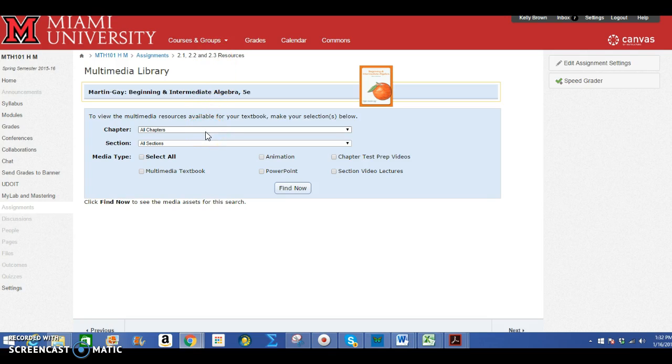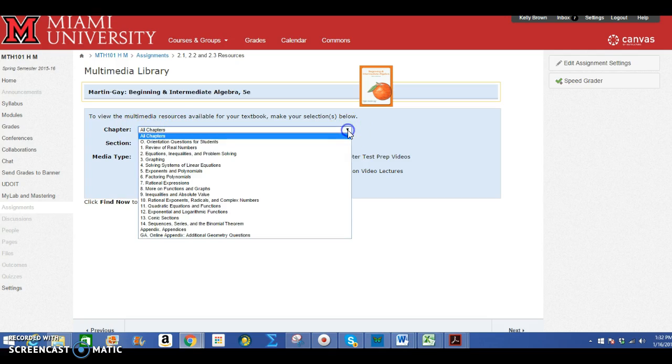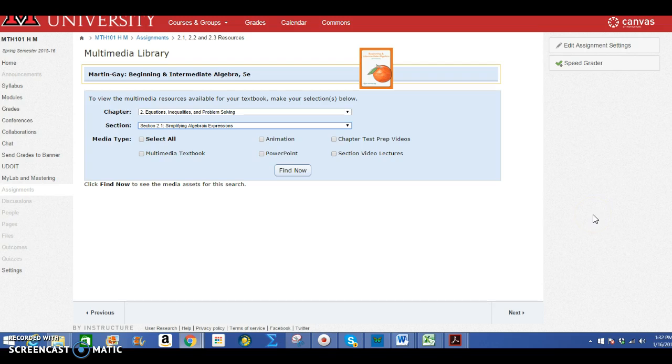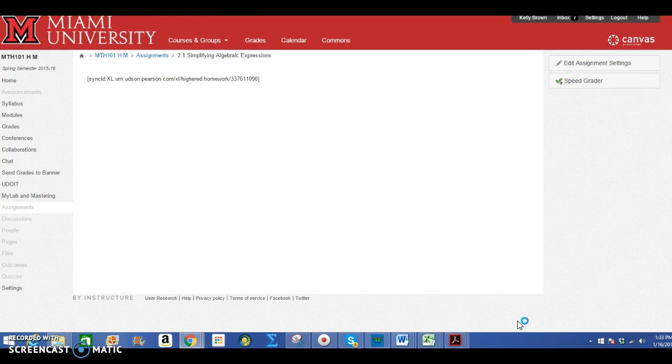So what you can do is look for Chapter 2, let's say Section 2.1, and perhaps you want to check out the videos. So you would select videos and do Find Now. You can look at as much or as little of this learning information, these learning resources, as you need to, so that you are going to be successful when you start doing the homework. So I'm going to click Next,